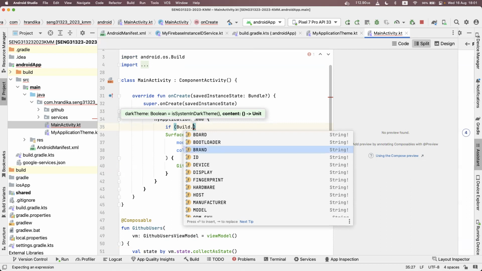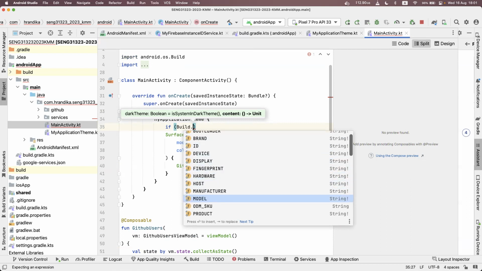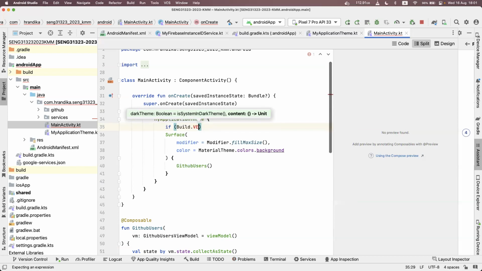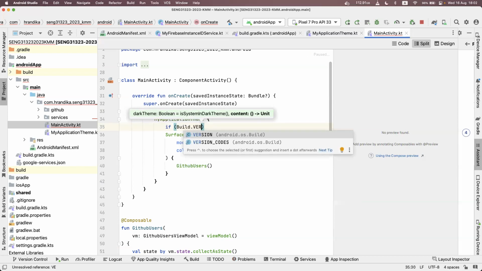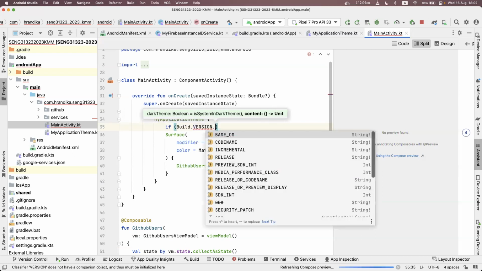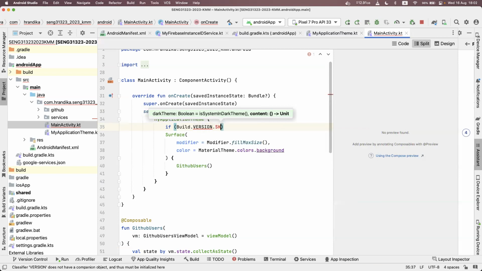So we have a lot of things with the application. These are OS level things that we can get. So we can say Build.VERSION.SDK_INT. That means we are getting the SDK version out of the phone actually when we are running. If it is less than or equal to